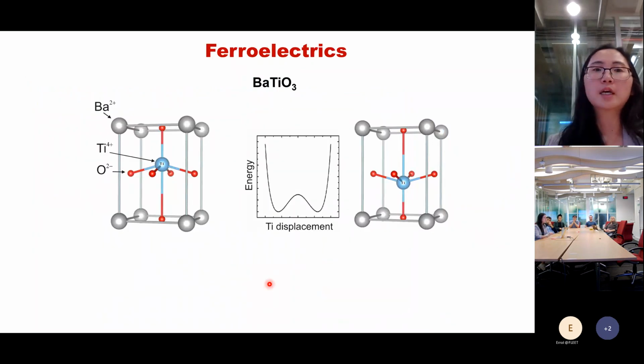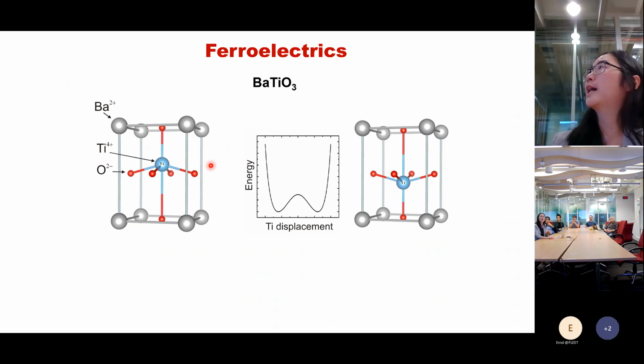Okay, so first, what are ferroelectrics? Ferroelectrics have two key or critical features. One is that they have spontaneous polarization, and another is that this spontaneous polarization can be switched by an external electric field. For example, here shows typical perovskite barium titanate